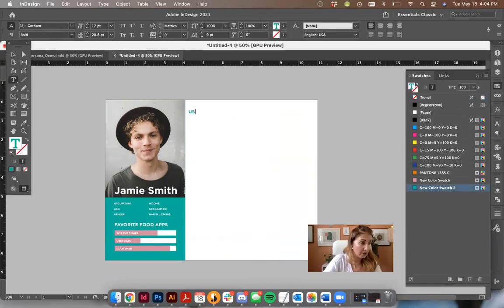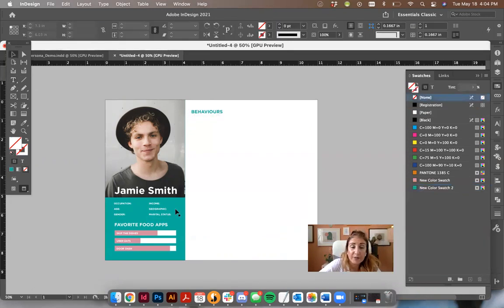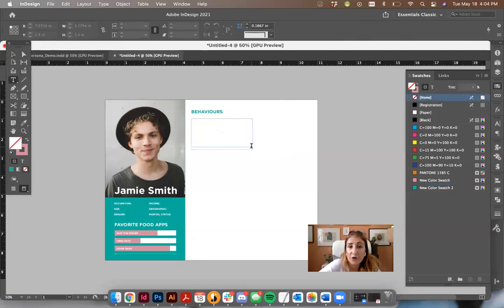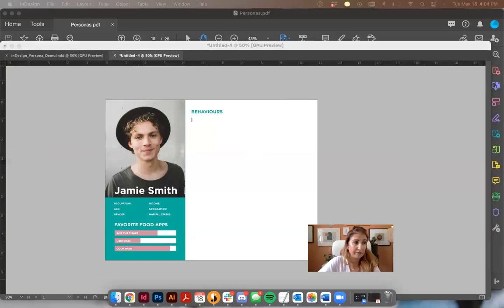We can go behaviors. And then perhaps for behaviors, we just have a little bit of lorem ipsum in there. I'm just going to put lorem ipsum. You guys will actually write that. So maybe it's like a little